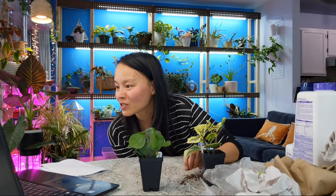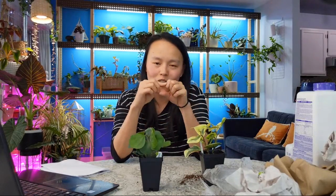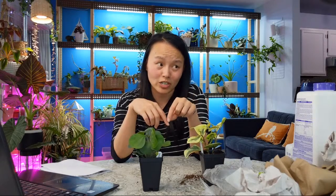A fertilizer for my plants. I use a lot of different things because my philosophy is that, just like humans, we want to have a diversified food group, which I know is not true. But I have a slow release fertilizer, which is these little balls. The links to the fertilizers that I use are usually in the descriptions of my videos, so you can check it out there. I also use fish